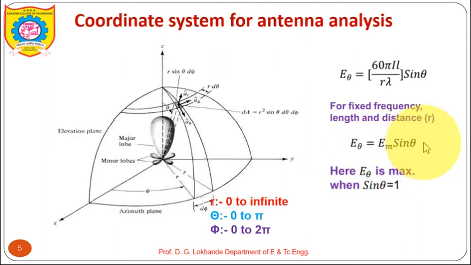Here, if theta is equal to 90 degrees, then we get the maximum value of 1, and here E theta is the maximum available. So this is all about the arrangement of the coordinate system. Normally, whenever we observe the location, if we change theta with phi constant, or change phi with theta constant, the three-dimensional view will be converted into a two-dimensional view. So this is all about the coordinate system.